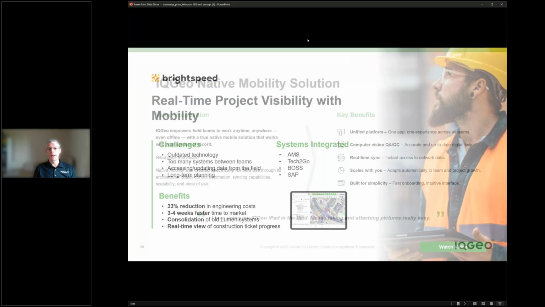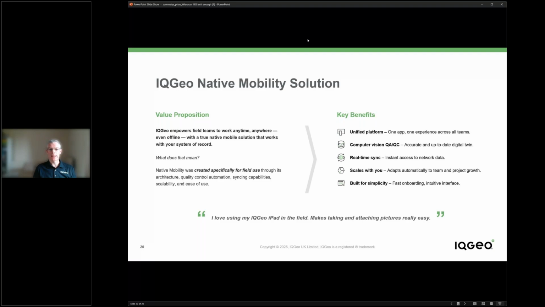So just overall, to bring it all back together, our solution and our value proposition is around empowering your field teams to work anytime, anywhere, whether they're online or offline. And that native mobility solution connected to your system of record gives you that flexibility in that approach.